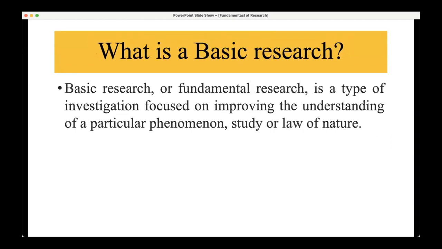While the basic research, the fundamental research, is a type of investigation focused on improving the understanding of particular phenomena that are already there: to study the DNA, some brain function, the heart function, the cardiac function, the function of the enzyme, to study all these things, the laws of nature that are already there in our system. That's based in the basics. So these two are